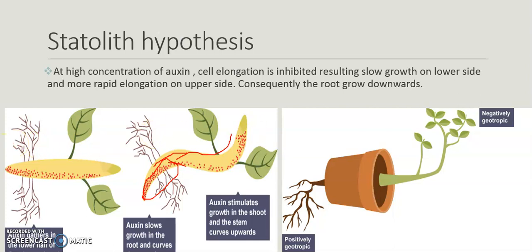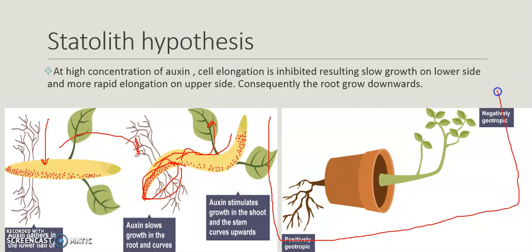See this, these diagrams are very clear. Before redistribution and right after turning from the vertical position, it is like this. But when time passes, this happens and the upper side will be growing because the auxin will be inhibiting the cell elongation on the lower side. So the growth will be like this. You should understand negative gravitropism and positive gravitropism, that is the same as I explained earlier.